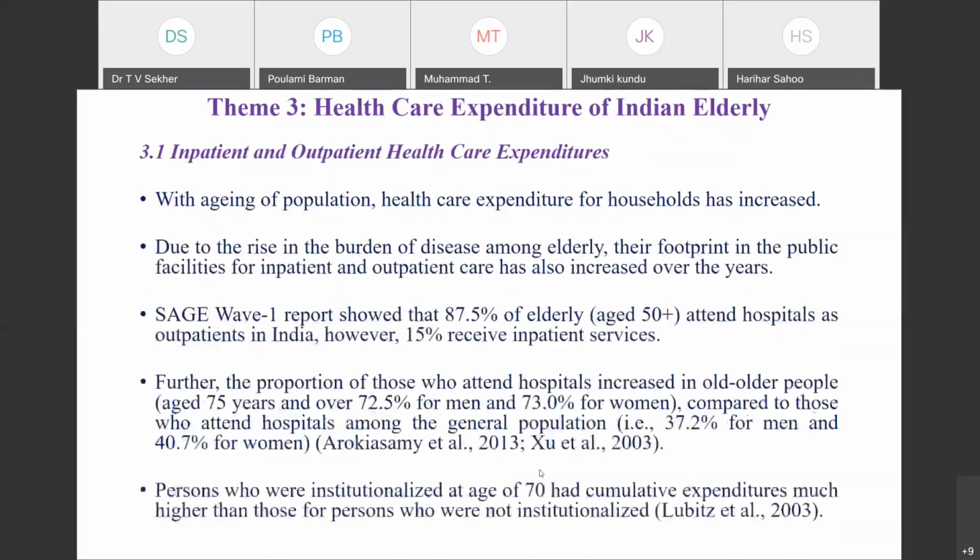Coming to inpatient and outpatient healthcare expenditures, due to this rise of the burden of disease among elderly, their footprint in public facilities